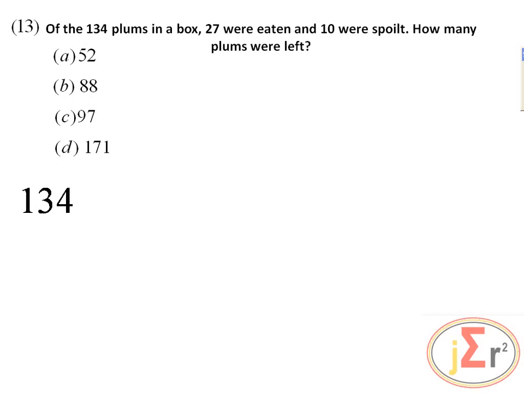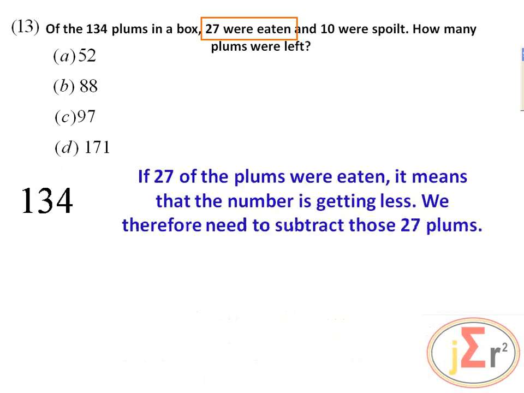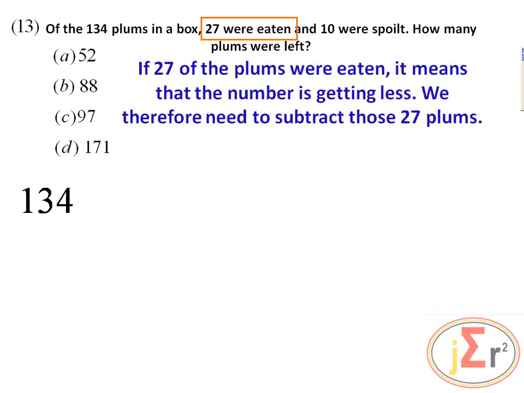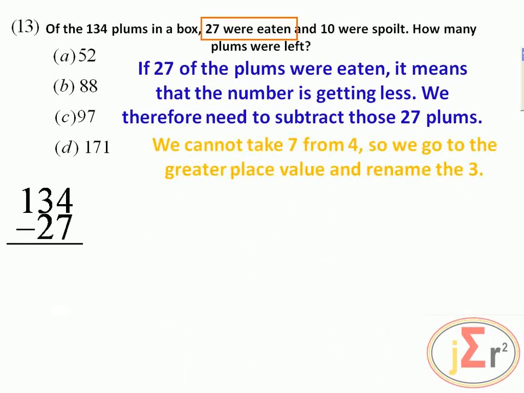So there we have, to begin with, your 134 plums. 27 of them were eaten. If 27 of the plums were eaten, it means that the number is getting less. We therefore need to subtract those 27 plums. So we need to take away 27 from